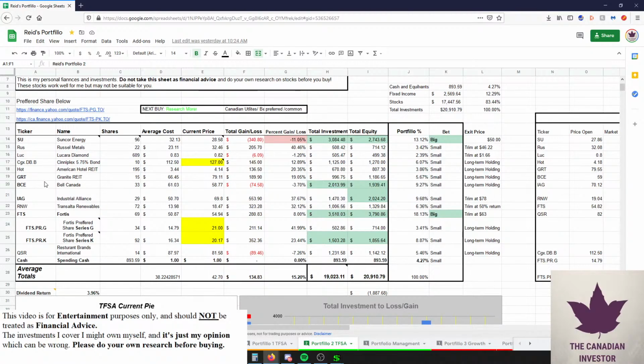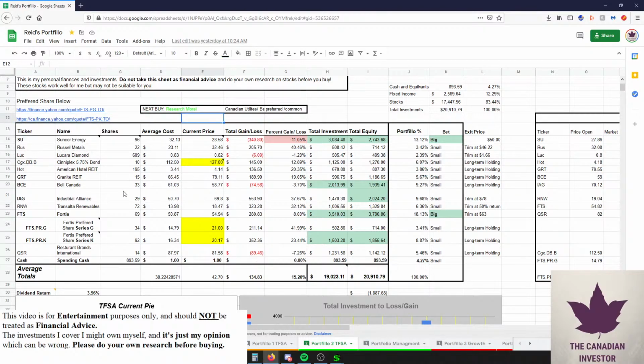I have plans on reducing my positions, so I'm planning on maybe getting rid of Industrial Alliance sometime in the future, especially when it hits like $78. I'm going to plan on trimming it. But I also want to reduce my positions, and I want to start buying index funds and everything else. And if interest rates start going up IRL, in real life, I plan on buying more and more